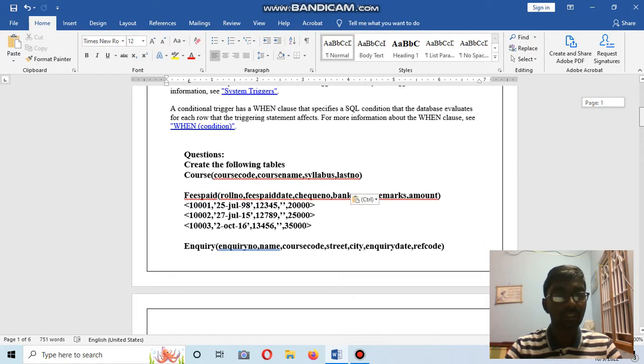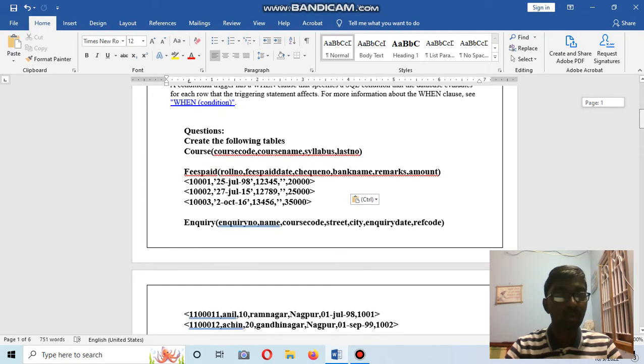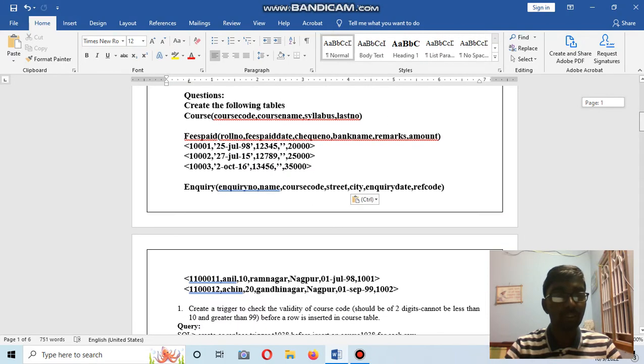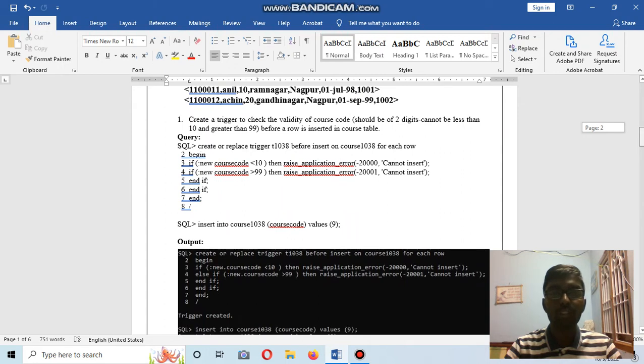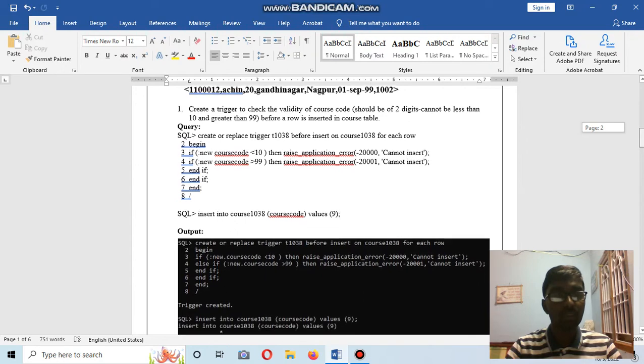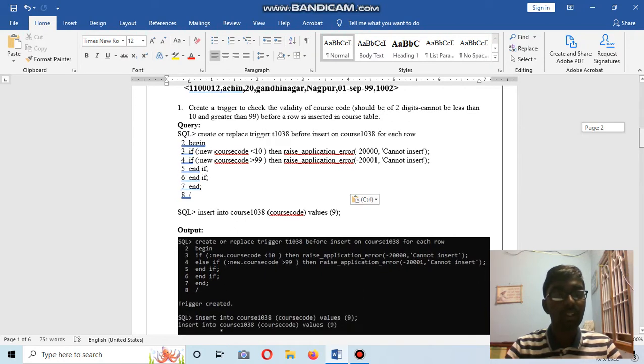The questions are: create the following tables, course, fees paid, and inquiry. The first question is to create a trigger to check that a valid course code should be 2 digits, cannot be less than 10 and greater than 99, before a row is inserted in the course table. The query is: create or replace trigger T1038 before insert on course1038 for each row begin